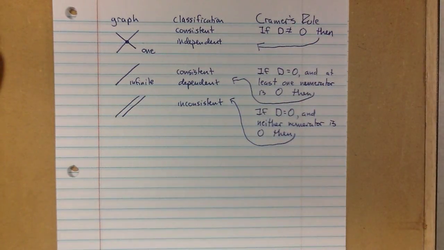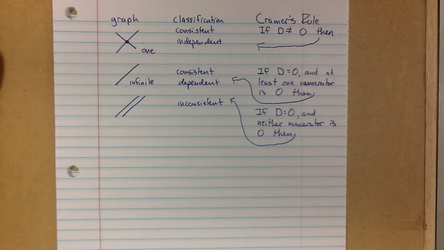Does that make any sense to you whatsoever? Numerator? What do I mean by numerator? When you divide, the number on top. The last one, if neither is 0? There's two of them. If one of them is not 0. Could you show us examples of them? Strangely enough, yes. I bet that's what I'm going to do on